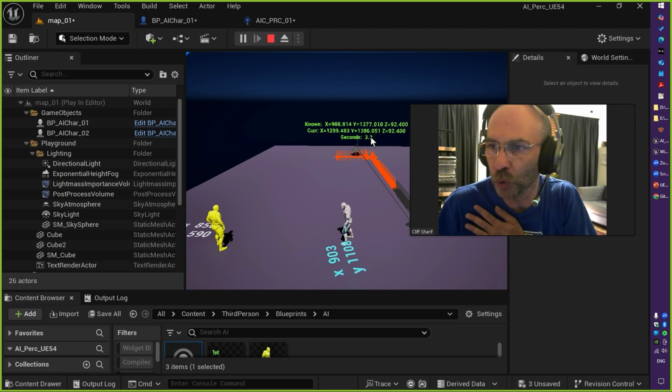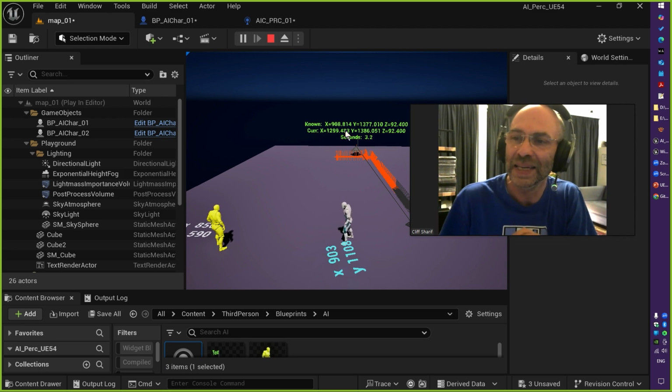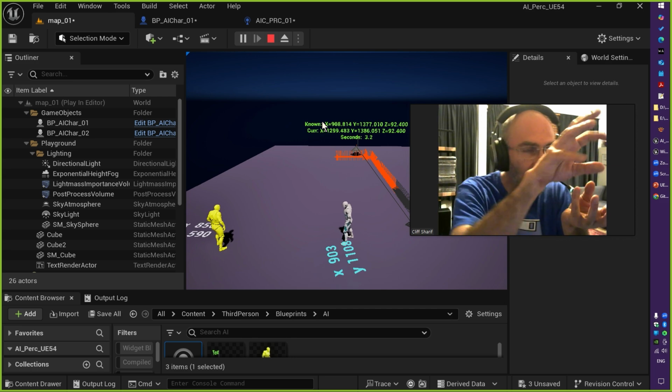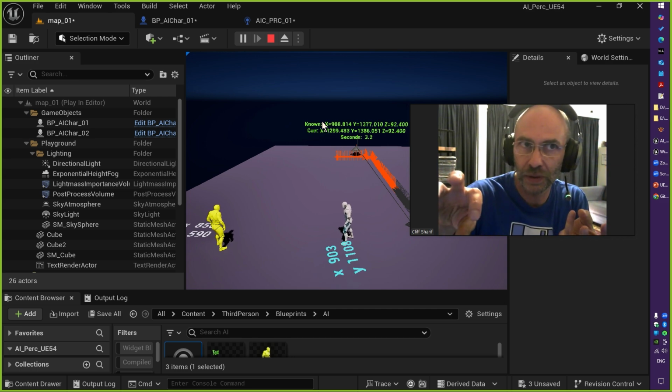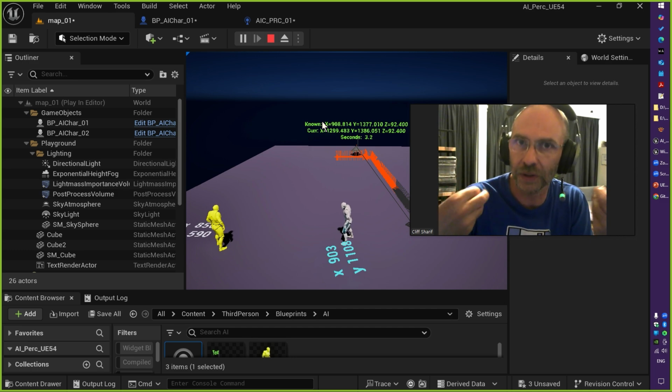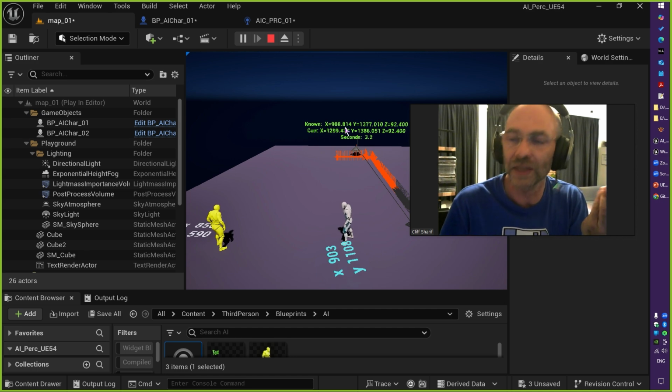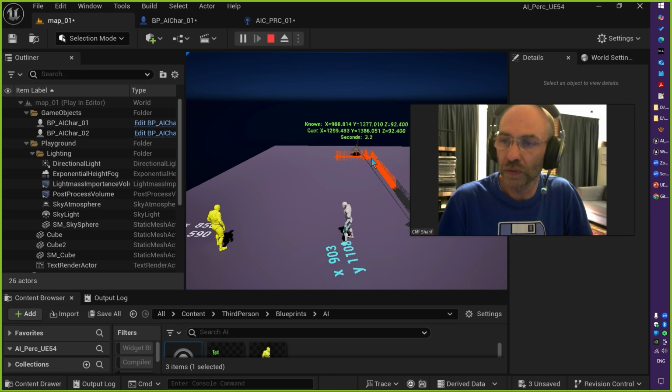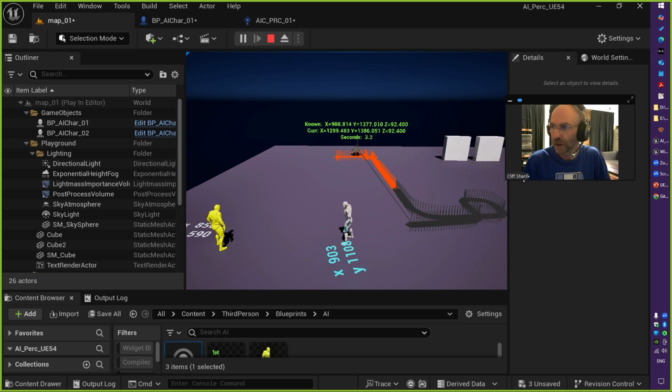But for 3.2 seconds, it knows where the actor is going. So it just has that location of the target as well. And after 3.2 seconds, it doesn't know anything about the target, which is quite useful behavior, if you ask me,